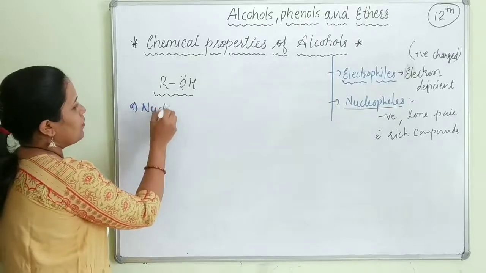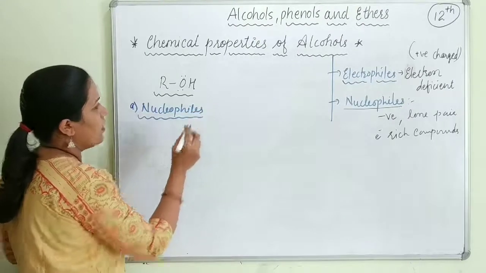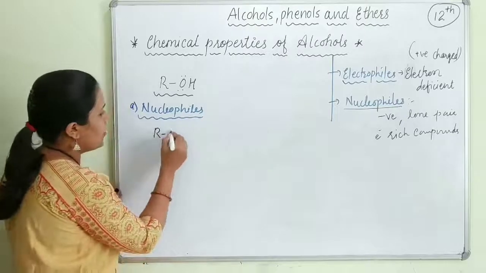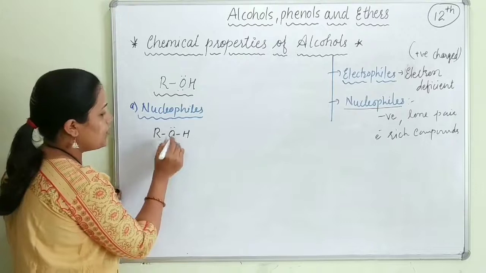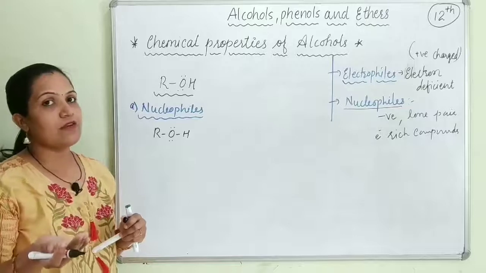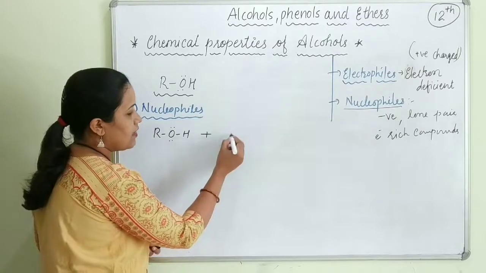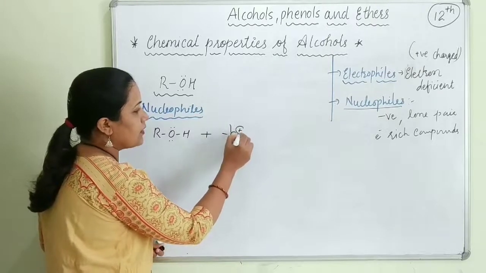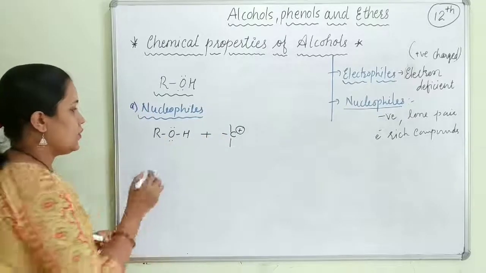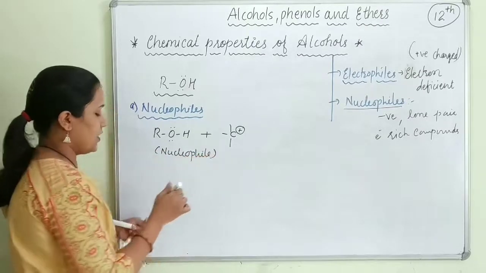We will write it about nucleophile. And we know that nucleophile means an electron rich compound, those having a lone pair of electrons. Now as we have this alcohol with us, that is ROH, and in this ROH the oxygen has two lone pairs. So a lone pair can be given to someone who requires it. We can observe that if any carbocation species comes across the alcohol, in that situation alcohol acts as a nucleophile and donates its electron pair.